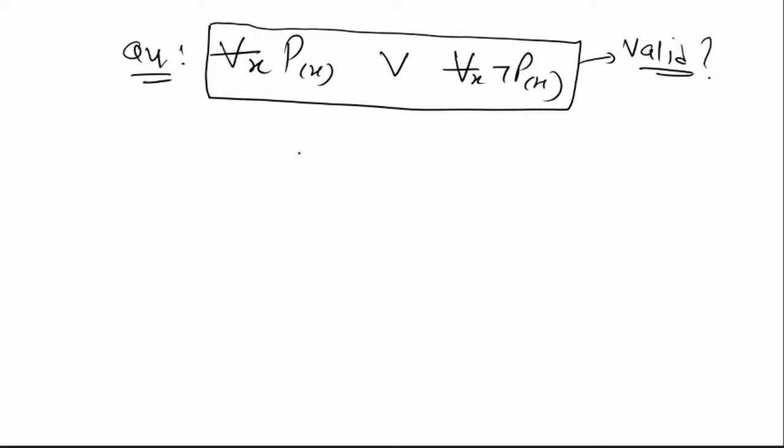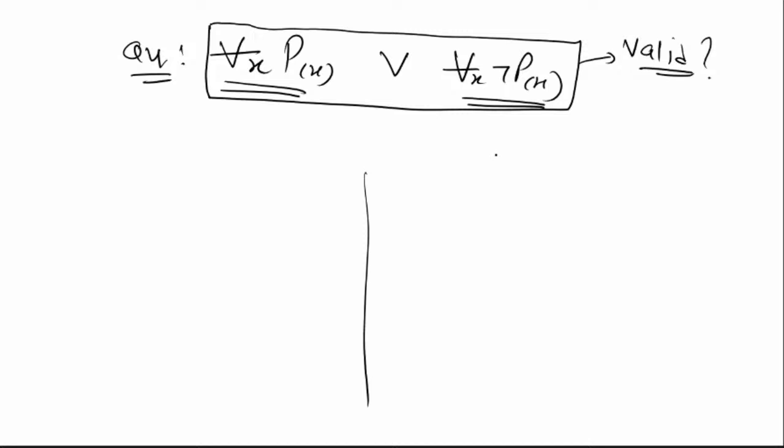So this is not valid. This formula Q4 is actually invalid, because let me give you a counter model for this. This is saying that either for every x, P(x) should be true, or for every x, P(x) should be false. So the counter model